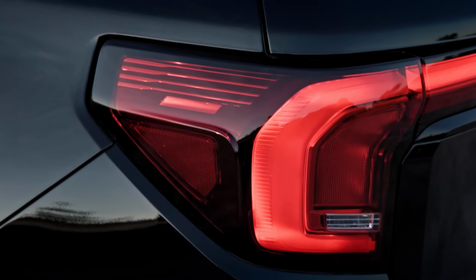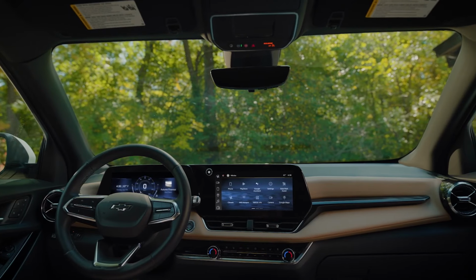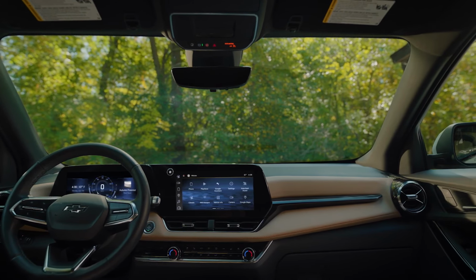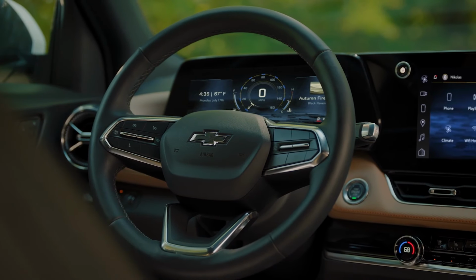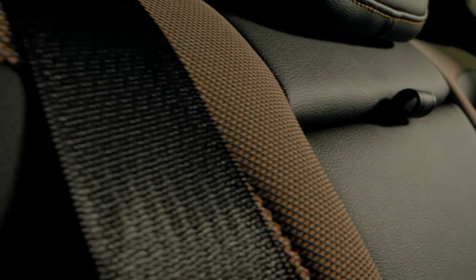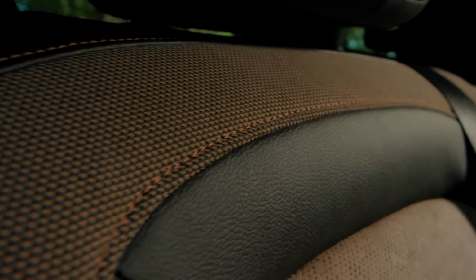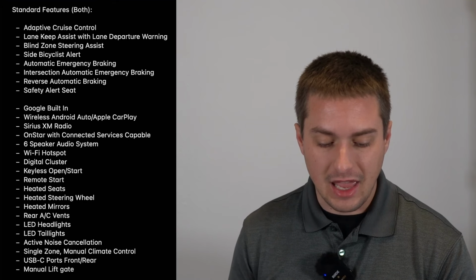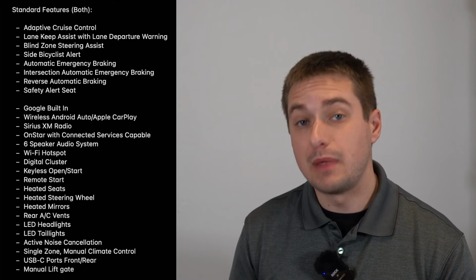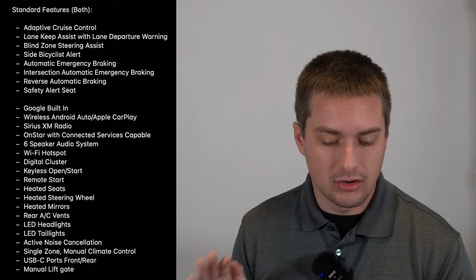Also, in addition to this, you have the Google infotainment system, wireless Android Auto, Apple CarPlay, Sirius XM radio capability, OnStar connected services capable, 6-speaker standard audio system, Wi-Fi hotspot, digital cluster, keyless open and start, remote start, heated seats, heated steering wheel, heated side mirrors, rear AC vents, USB-C charging in both the front and the rear, LED headlights, LED taillights, active noise cancellation, single zone manual climate control, as well as a manual rear liftgate. So those are all going to be standard equipment items that you're going to find on the entry-level LT, Equinox,